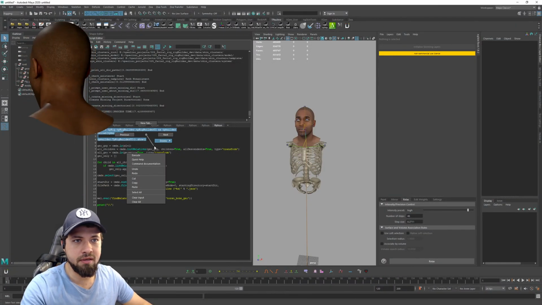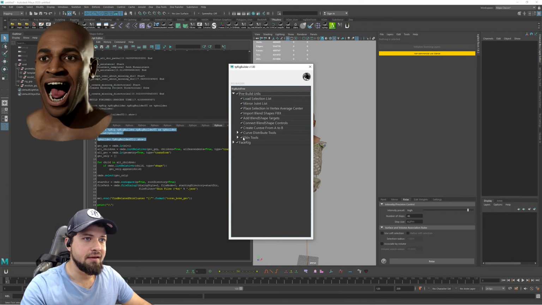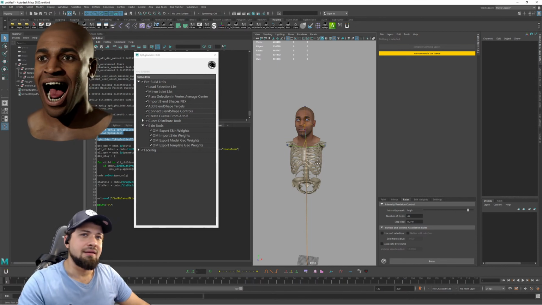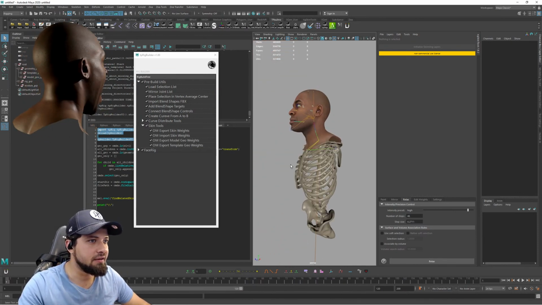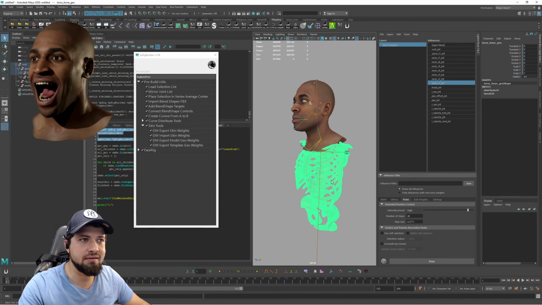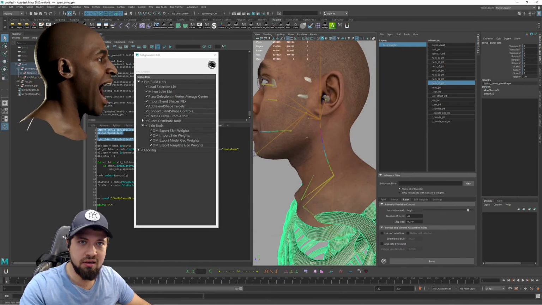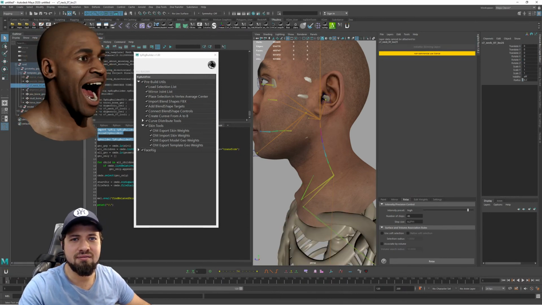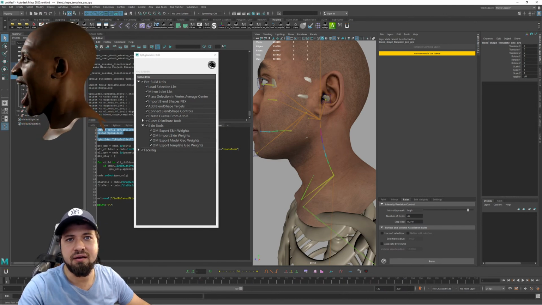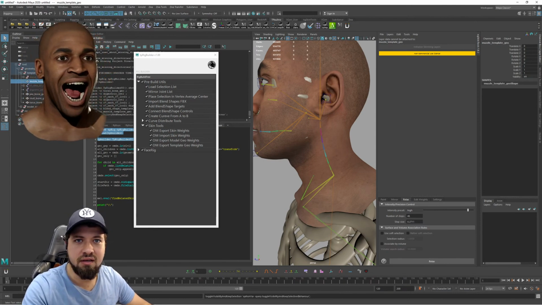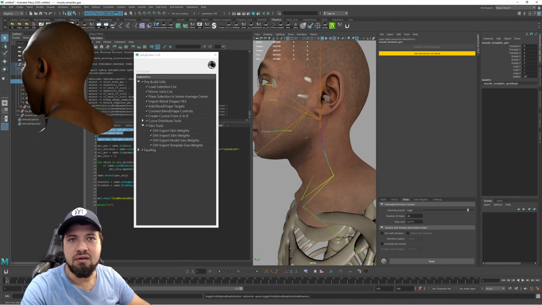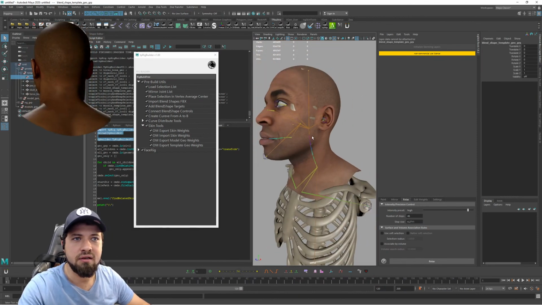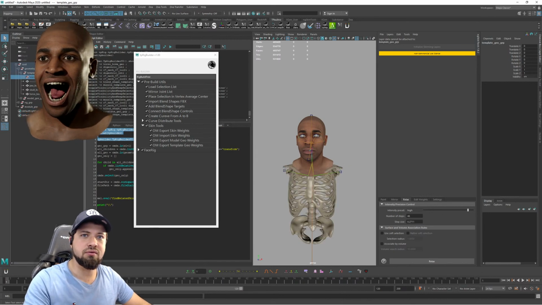So now we should be able to open this up, and we should have it here on our skin tools. That being said, hopefully it will grab these guys here. There are not many. Oh man, okay. So the muzzle is hidden here, but it has no skin to it. So I'm also just going to delete this thing here. It's not what we need. And I will also delete